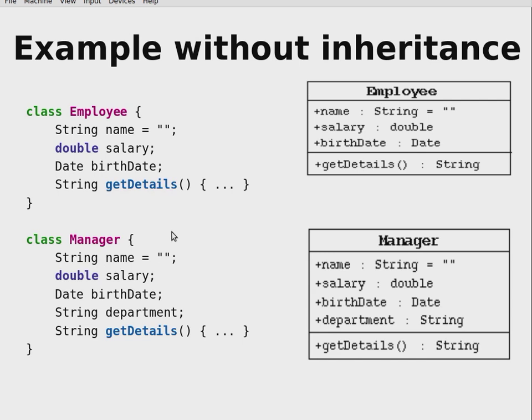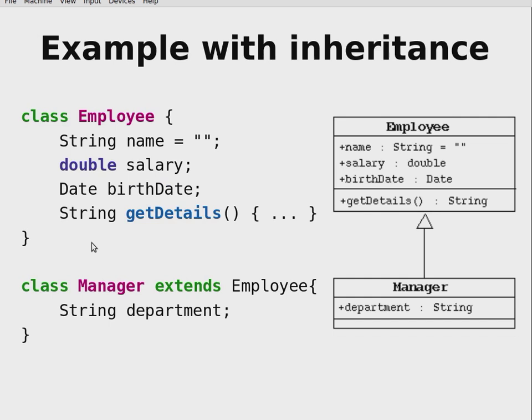In this picture here we see Java code on the left part and a class diagram on the right part, a UML class diagram. We will talk in detail about this later. And we see here that there are quite a lot of similarities or even duplications between class Employee and class Manager. We can avoid these duplications by putting similar things only in one class and then extending it in the other class, and our code becomes